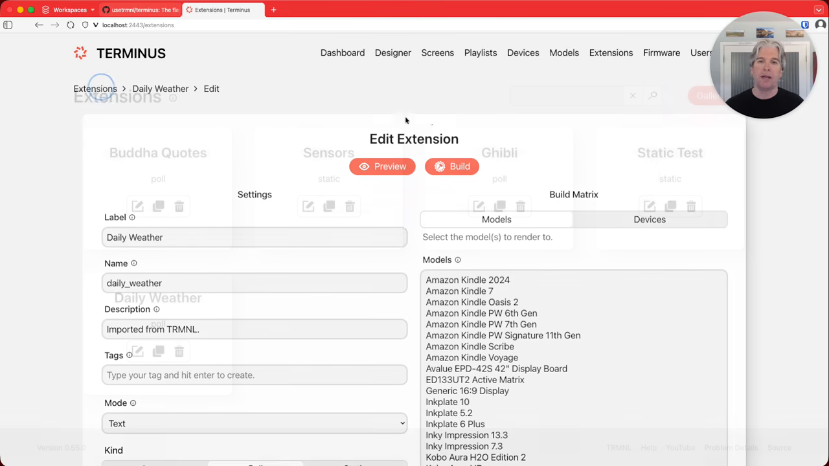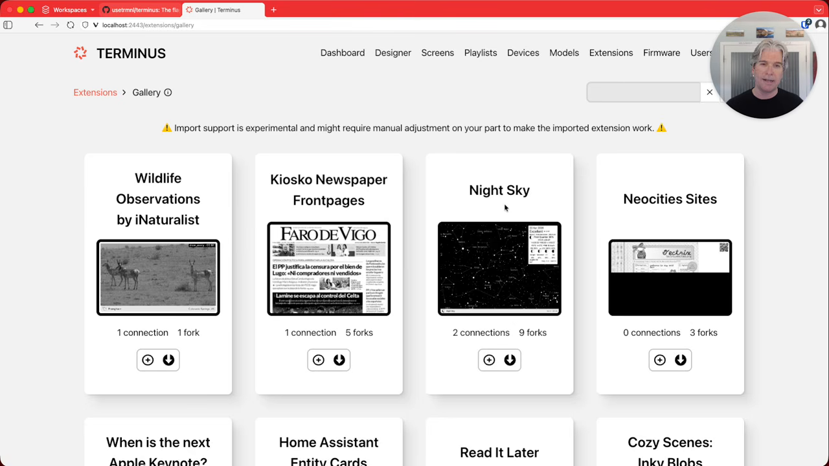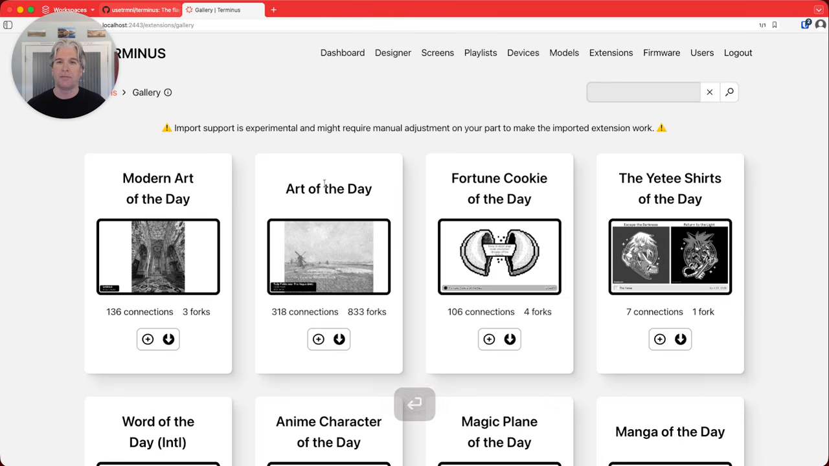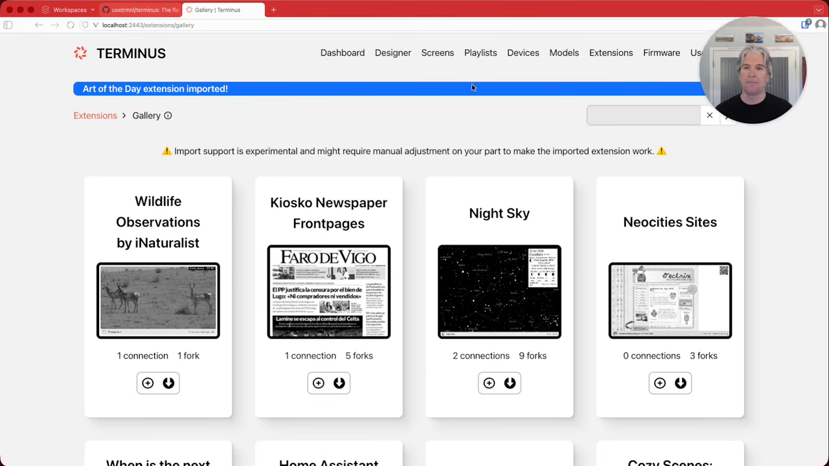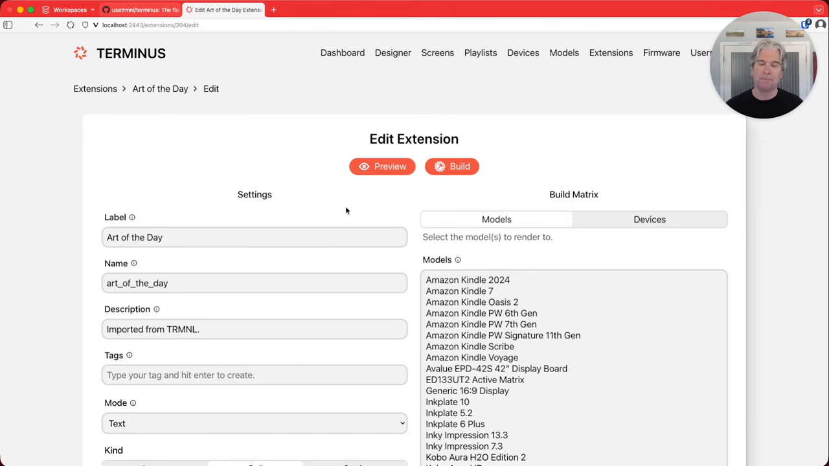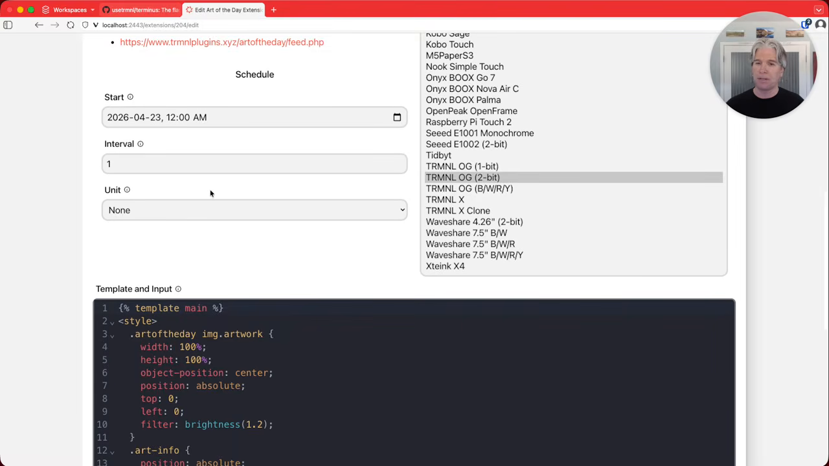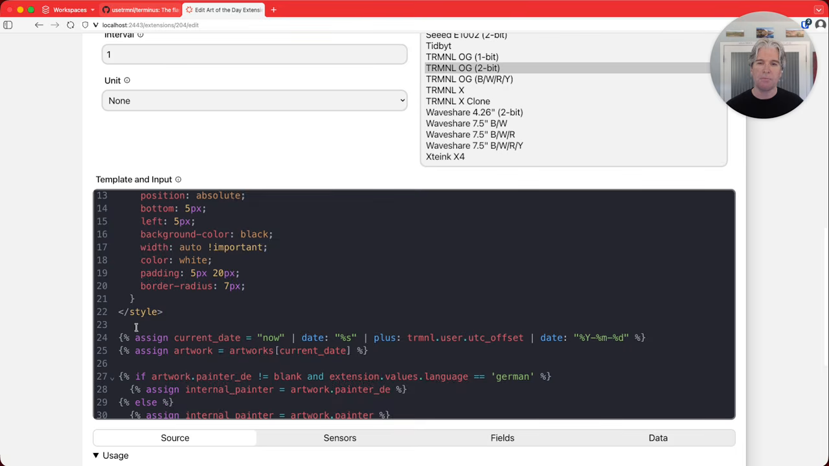Now, before I wrap up, I want to show you what an example looks like for something that imports but just needs a little finessing on your part. And again, the goal is to make this easier and better for you. But we can take art of the day, which is a popular extension. There we go. And I'll import that and we'll click on it. And when we go to the preview here, you'll see that it looks kind of broken. It's not working. And one of the problems is, and again, need to do more automation here,